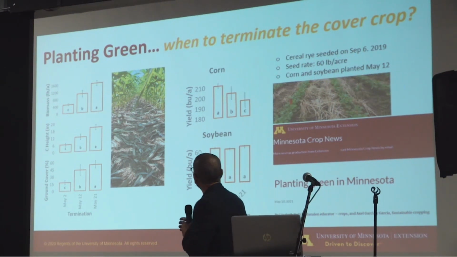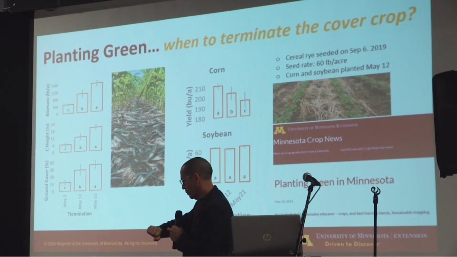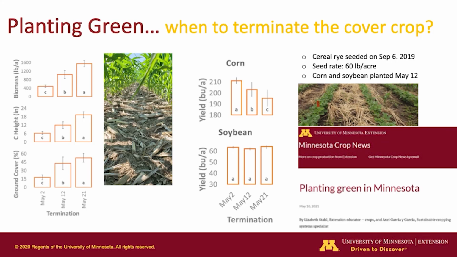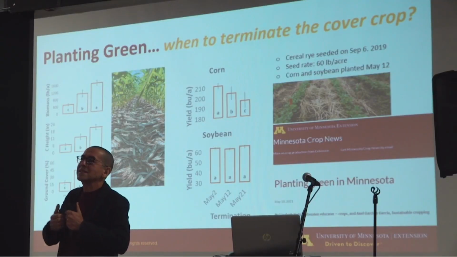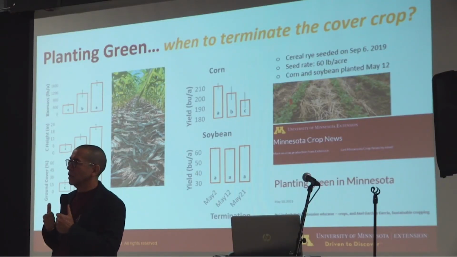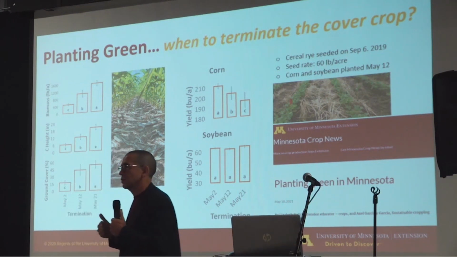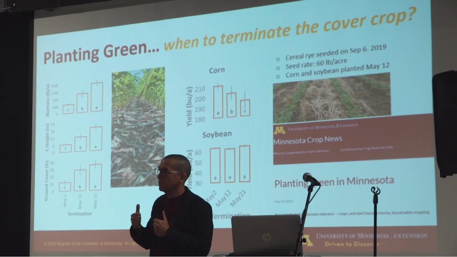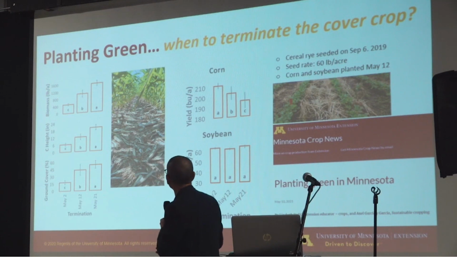Okay, before I am done, I wanted to spend a couple of minutes to talk to you about planting green, which also was discussed in the previous talks. So what is planting green? It's basically interseeding. We plant corn or soybeans into standing cover crops. Why do we want to do that? The main reason is that we want to extend the growing season of the cover crops. We want to make sure that we have most of the season for cover crops